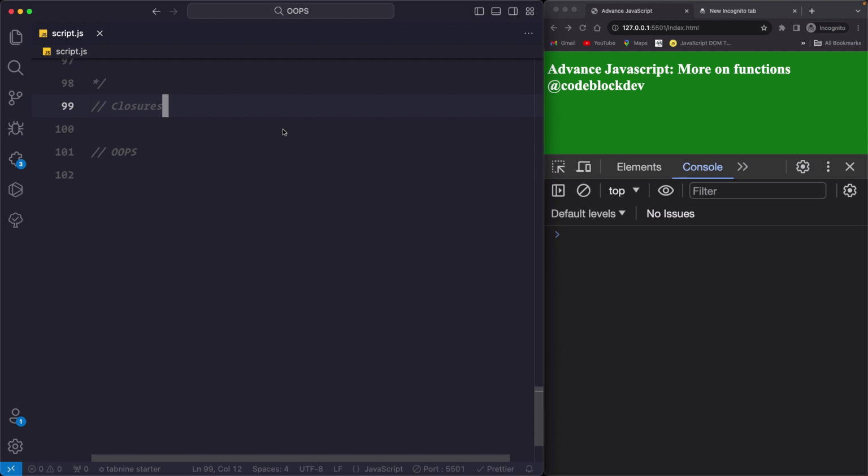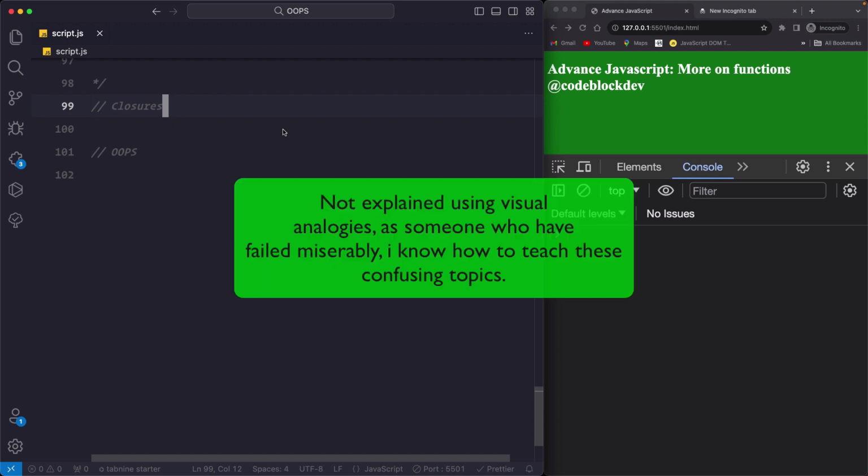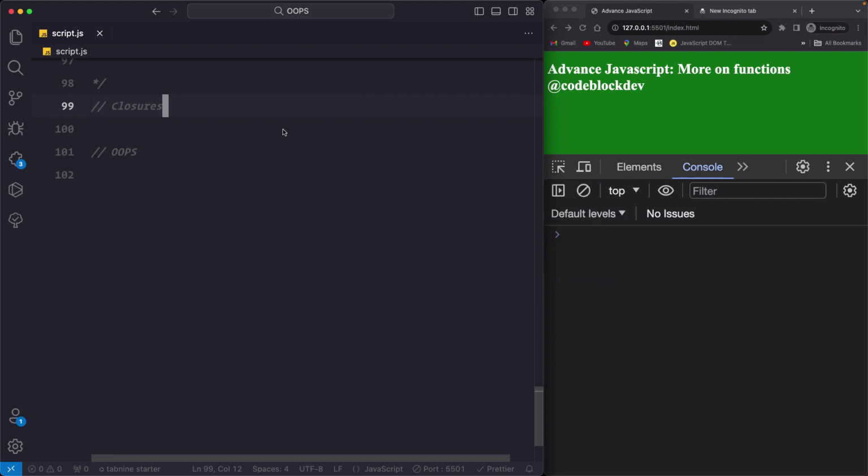I will explain each and everything about closures, but first of all, let's try to understand why closure is so difficult to understand. See, closure is not at all difficult to understand. The reason you fail to understand closures or any topic is that you fail to draw the analogies, you fail to understand the behind the scenes, you fail to understand in what context that particular concept is used. So closure is difficult because you have never been taught in the most accurate way.